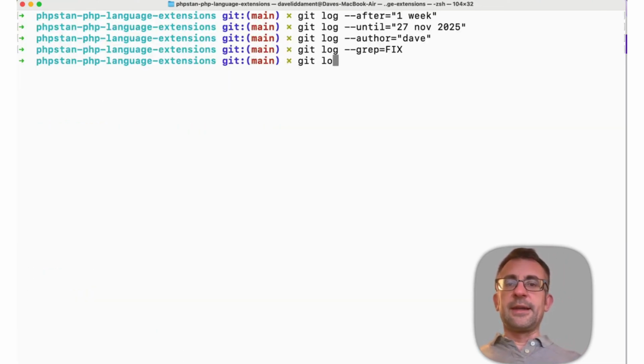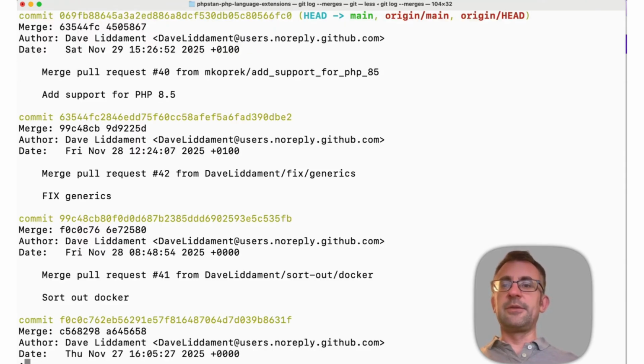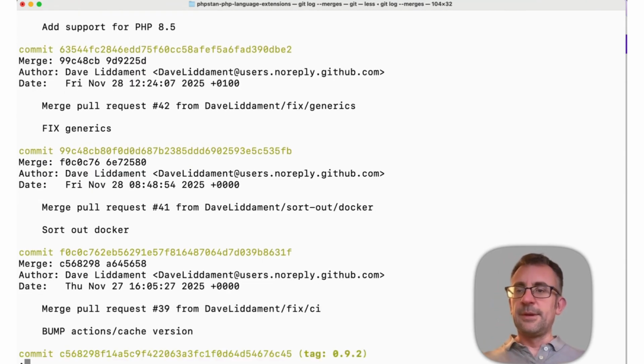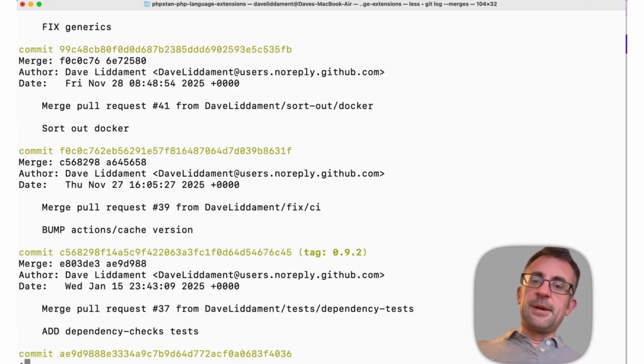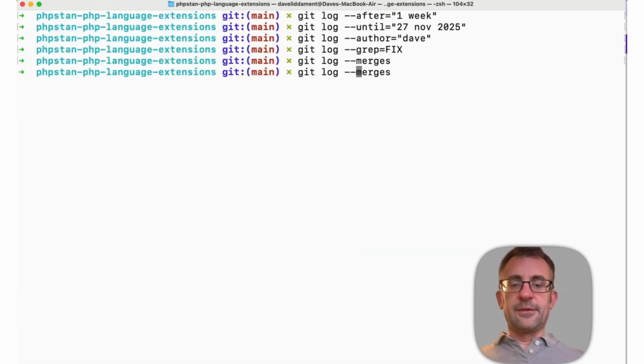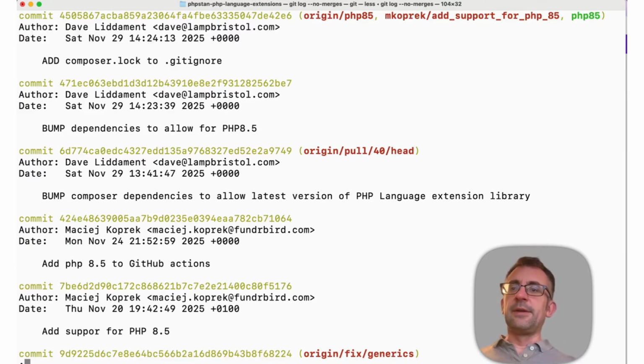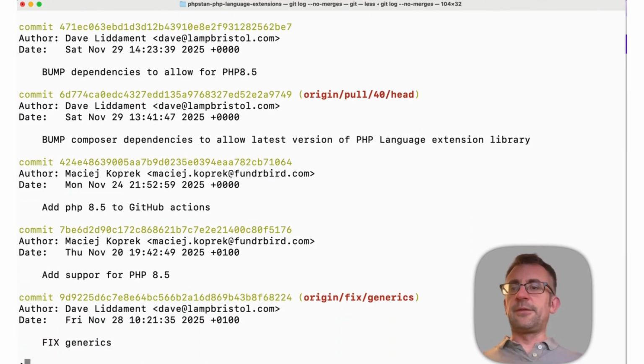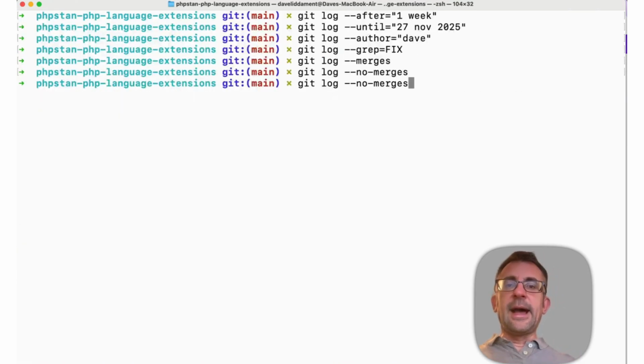We can also do things like, if we're only interested in commits that are merges, we can do git log --merges, and these are all commits which are merges. Probably though, we're more interested in the commits that are not merges, because that's often where most of the code is. So this is now just showing us all the commits that are not merges,